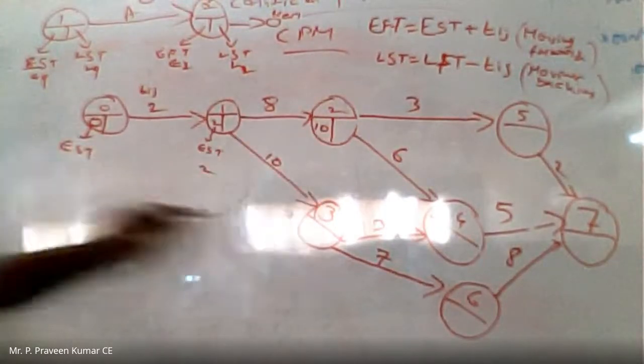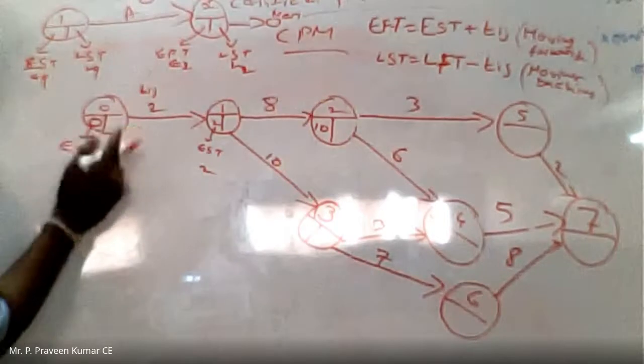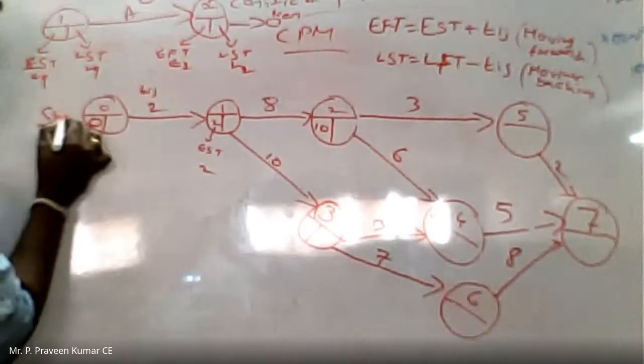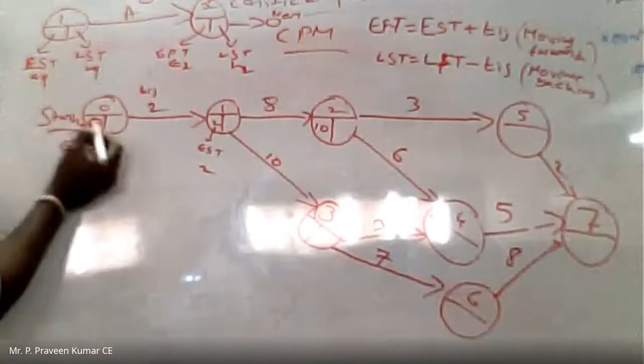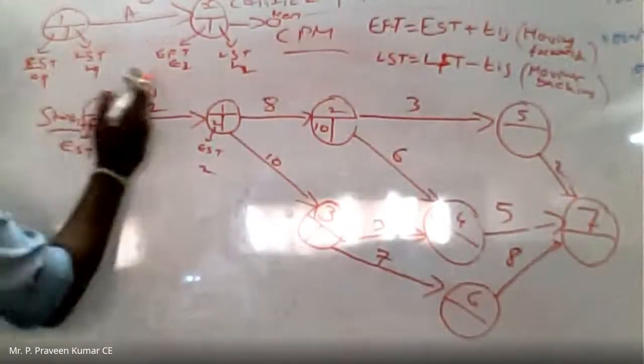Again, if I want to calculate this, yeah. Sir, their EST will be 0, no? Where? At point 2. Why will it be 0? We assume the initial earliest starting time is 0. We are starting from here and we calculate EFT. Starting from here, so that's why I have imagined it as 0. Okay.